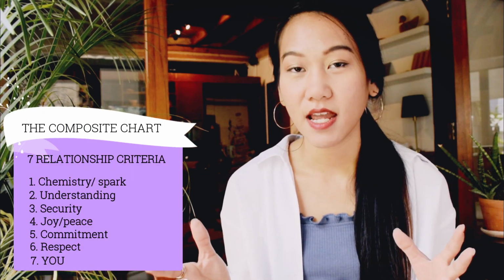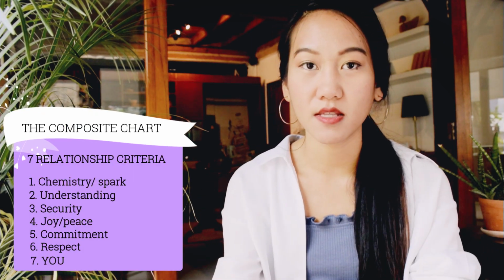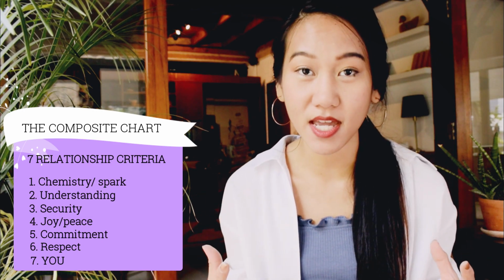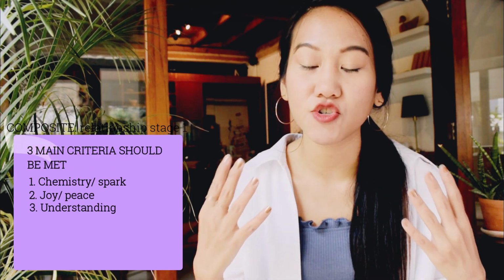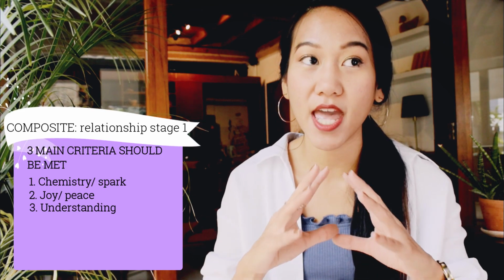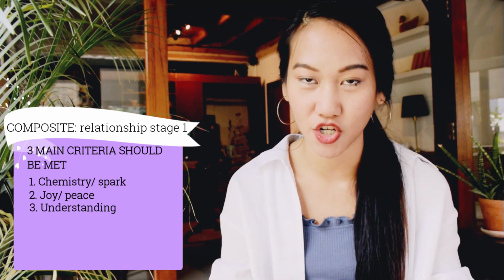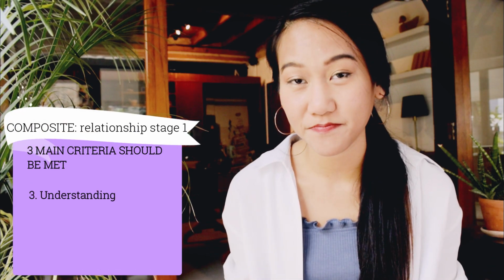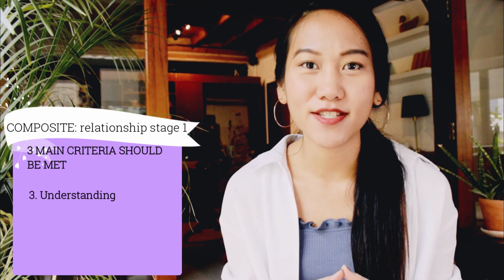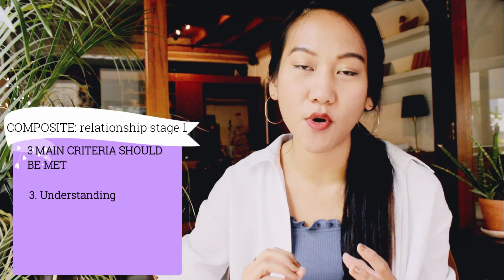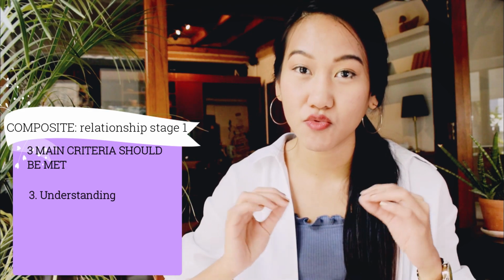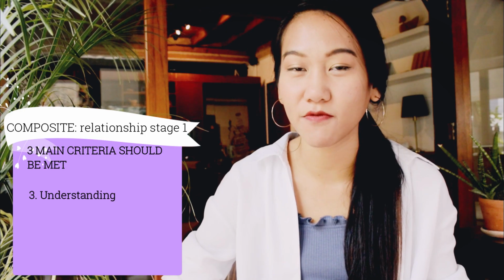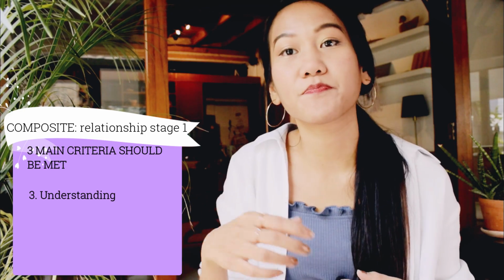So in this video, we're going to have a look at the last criteria that is needed within a composite chart, so within the relationship dynamic, to show that there is attraction and romance in your relationship. And this last criteria is understanding. So when we're talking about understanding, this is important for an attractive relationship dynamic, because it